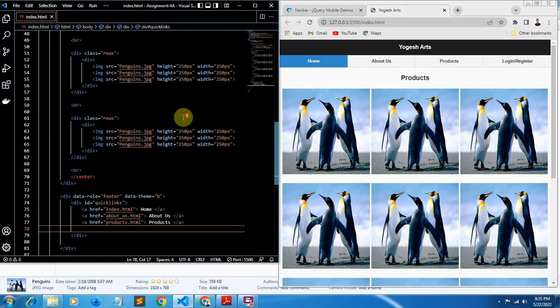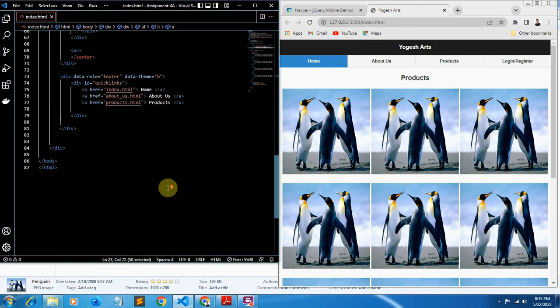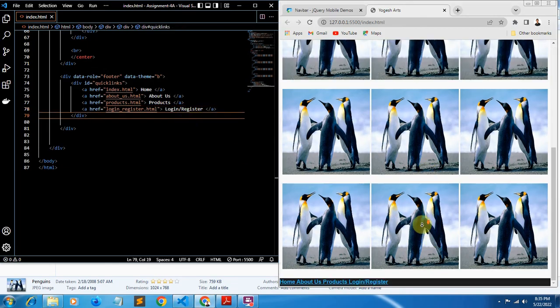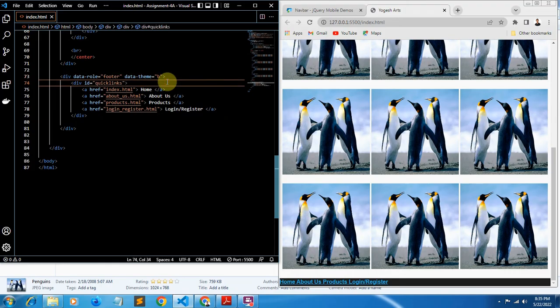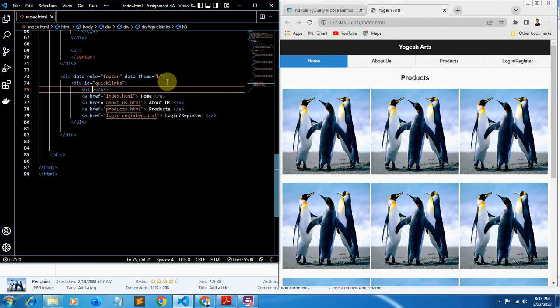And then next I'll add about the login and register page. Okay, so now I have added. Now you can see that below this, but they are not one below the other. So for that, what I'll do is, here first of all I'll add one heading, that is h3, and I'll give id to it as quick links,